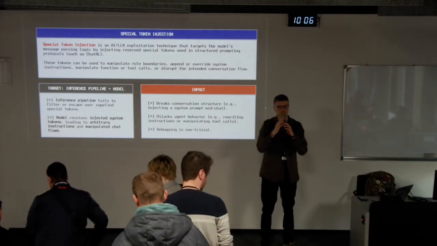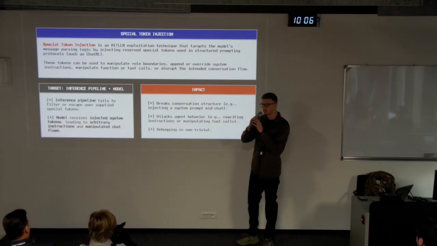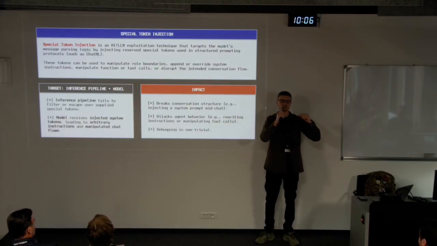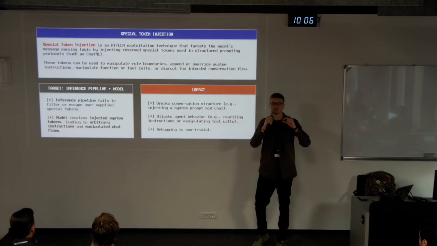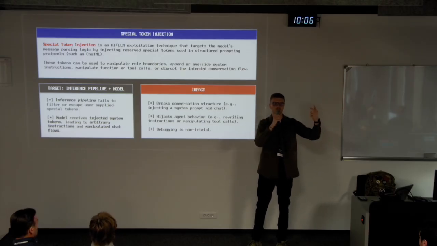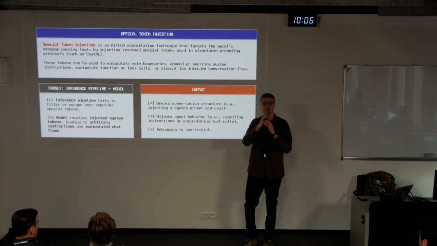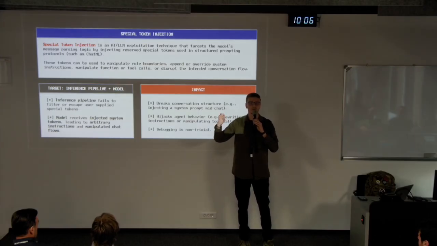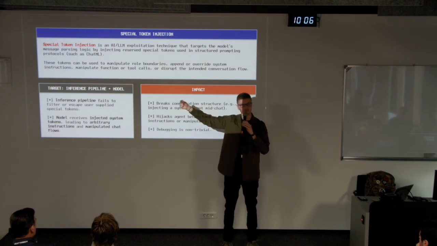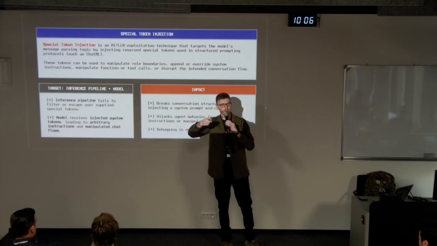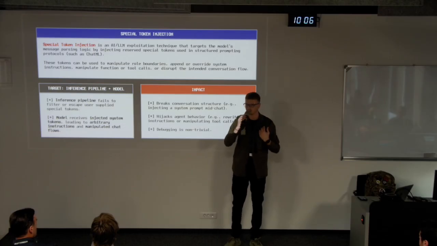Special token injection is not a prompt injection vulnerability, just so that we are clear. Special token injection is a vulnerability that attacks the tokenizer of the LLM. The tokenizer is the technology in LLMs that is used to convert the natural language of the user to some sort of token IDs that the model can interpret and understand. The next step is that the model generates a few more tokens that are once again parsed to the tokenizer, and then the tokenizer decodes all of these tokens, and then we can see the text.